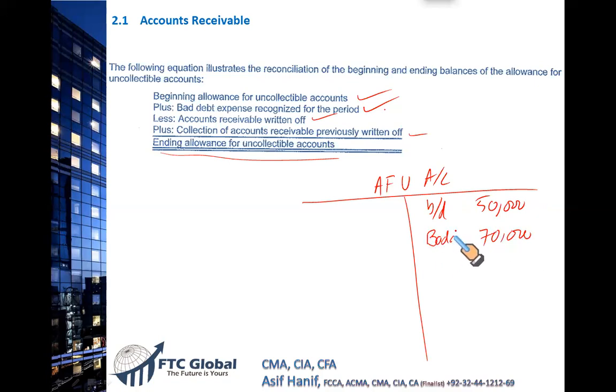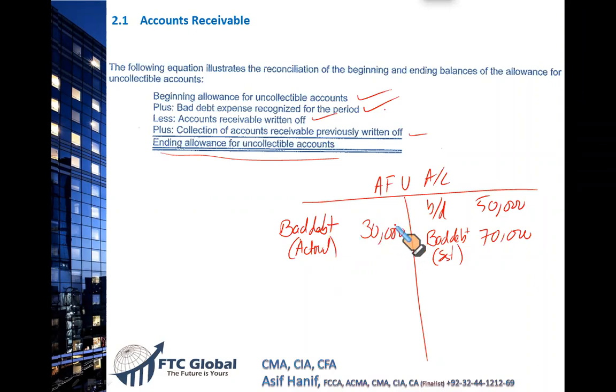Remember, this is bad debt expense. This is the estimate, not the actual. When a customer actually refuses to pay, we debit allowance and credit that customer. So please note this format down: actual bad debt expense. This is the actual bad debt. Remember, there's a difference. This is the bad debt estimate based upon our income statement approach or balance sheet approach. This is the actual bad debt written off. Let's say they were 30,000.